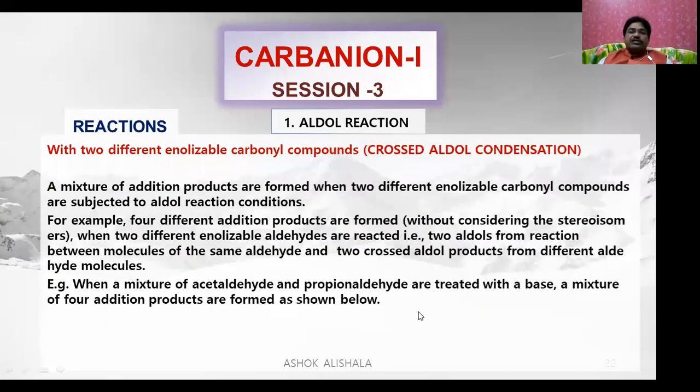With two different enolizable carbonyl compounds, we can say it is a crossed aldol condensation. A mixture of addition products is formed when two different enolizable carbonyl compounds are subjected to aldol reaction conditions. For example, 4 different addition products are formed, without considering the stereoisomers, when two different enolizable aldehydes are reacted, that is, two aldols from reaction between molecules of the same aldehyde, and two crossed aldol products from different aldehyde molecules. When a mixture of acetaldehyde and propanaldehyde is treated with a base, a mixture of 4 addition products is formed